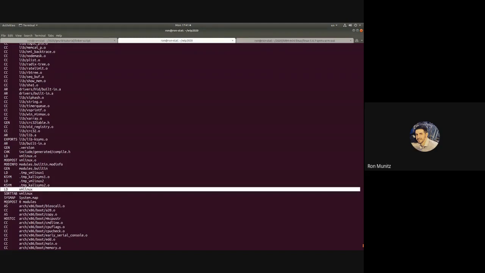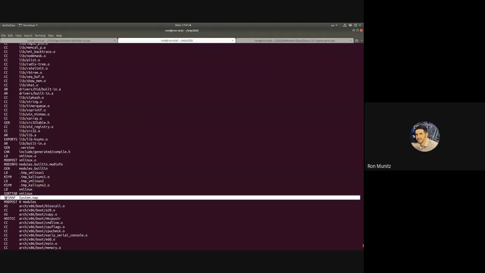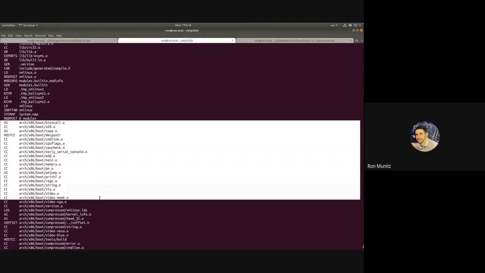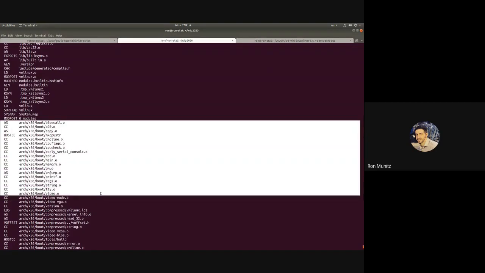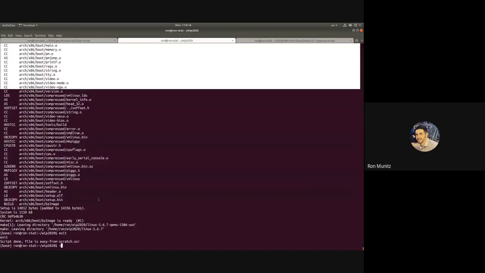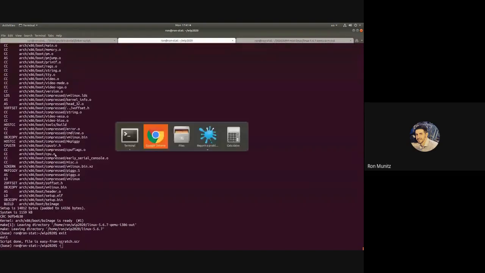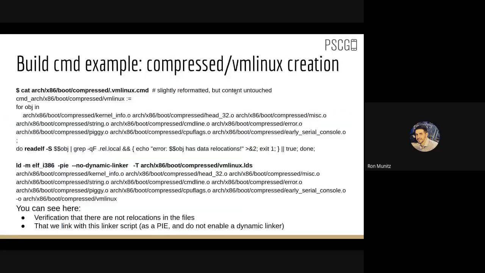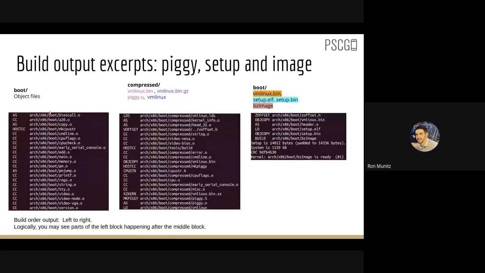Now, here we create a System.map. We have KASLR, then we need to know the difference, but never mind, we'll not have the KASLR now. And here we have things under boot and under boot compressed and bzImage. But it will be easier to show it like this, so that's what I'm doing, all right? So this is the end of the steps of the kernel vmlinux. It's also in the same colors. And what we will have now on the left-hand side is the files from boot. We already saw how to do it. They will create